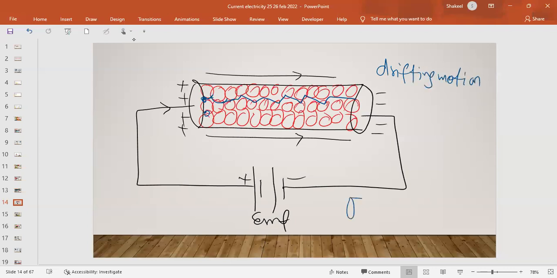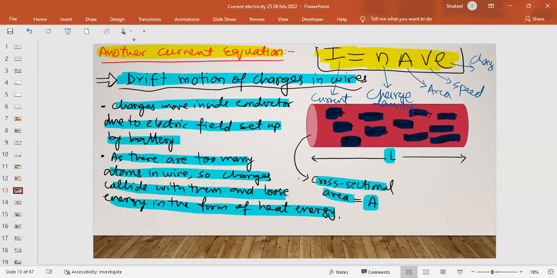Like in a normal pipe, if water is flowing inside, there is no opposition to the water, it goes straight and easily, and it isn't hitting anything. But unlike that situation, when current moves through the wire, the charges, the electrons or the protons, experience multiple collisions with the atoms. Due to this, they can't move straight, and their motion is known as drift motion. They go forward by dragging. Okay, so